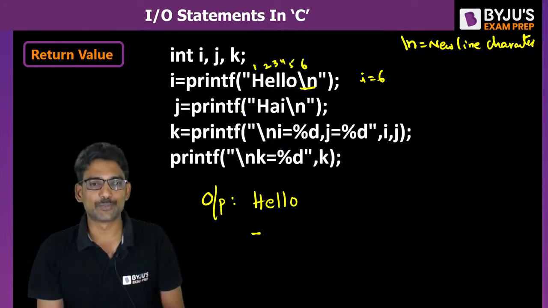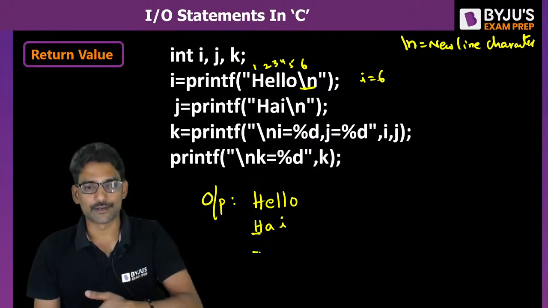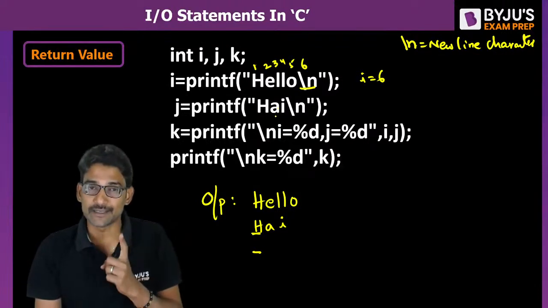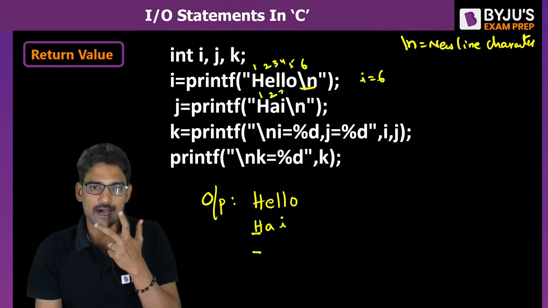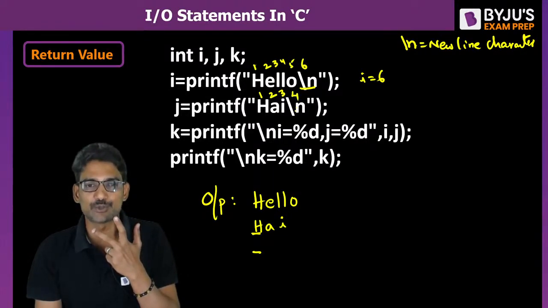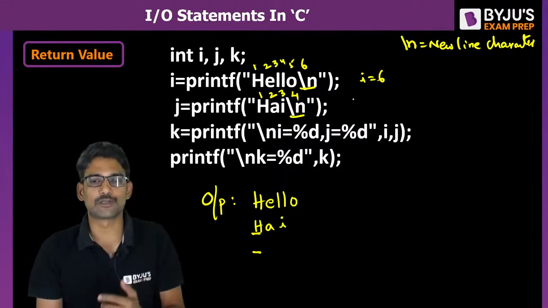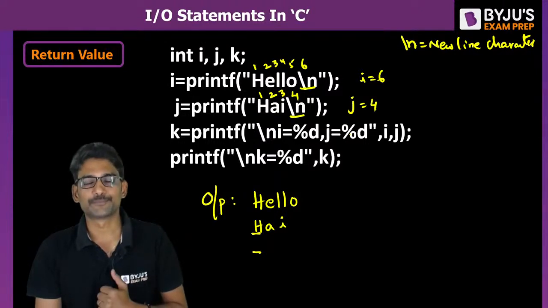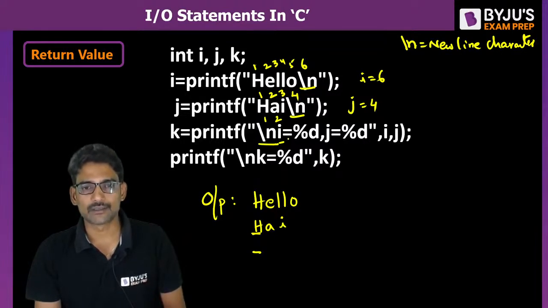j is equal to printf("hi\n"). So what will be printed? hi, backslash n, new line. So in total, how many characters is this second printf processing? hi, and backslash n together is one character. So a total of 4 characters it is processing. So what would be the j value? 4. And k equal to printf, backslash n, one character, i equal to, in the place of %d